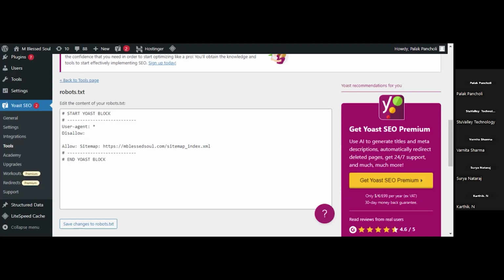So the robots.txt file is basically the file that tells search engines which pages on our website we want them to crawl and which pages we don't. That way, when crawlers come to our website, they focus on the important pages and avoid the unimportant ones, which saves their time.